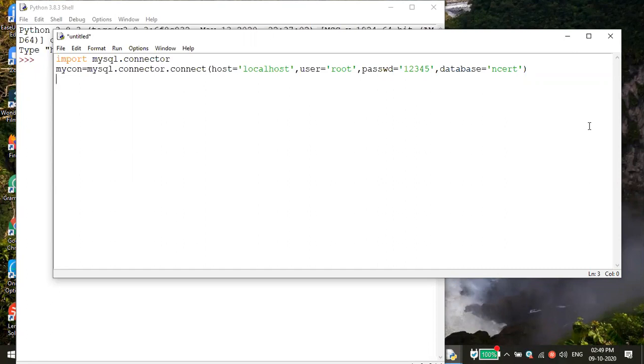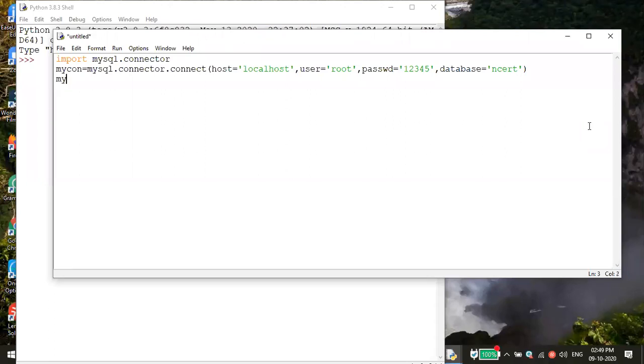Next, which object do we need to create? The cursor object. It is not necessarily mycursor, we can give whatever name. That's what I typed here. Nothing wrong, we can use mycursor by default, not an issue. But we can give whatever name also. That is not a problem. Traditionally we are using this one.